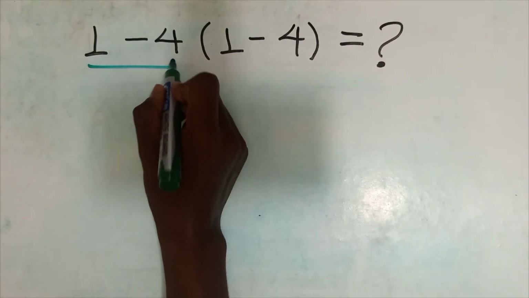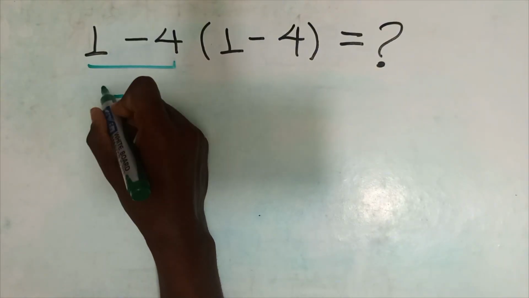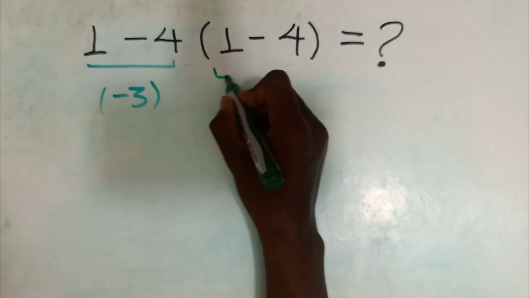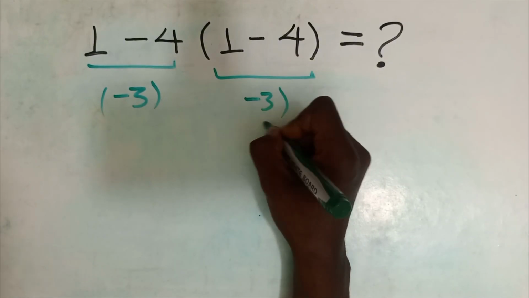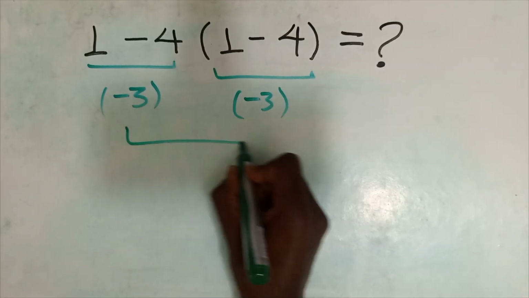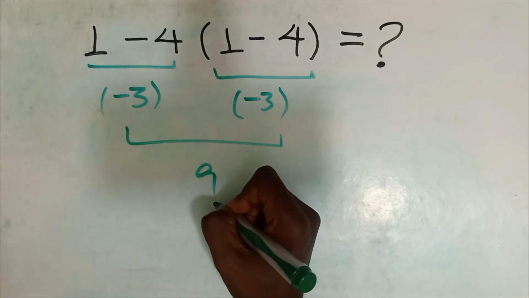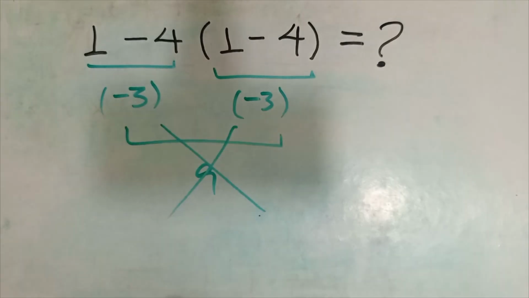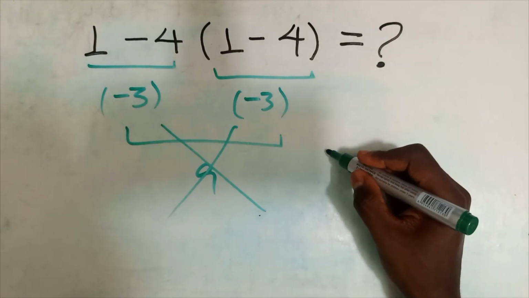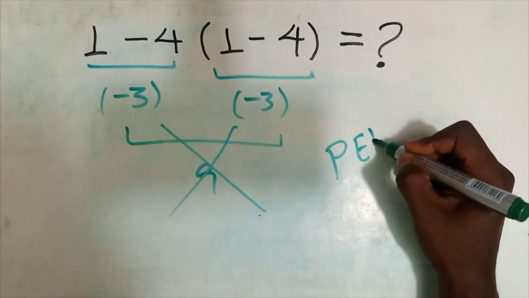1 minus 4 equals negative 3. And here again we have 1 minus 4. So negative 3 times negative 3, which equals just 9. But this answer is not correct because according to the order of operations, which is PEMDAS, first we have to